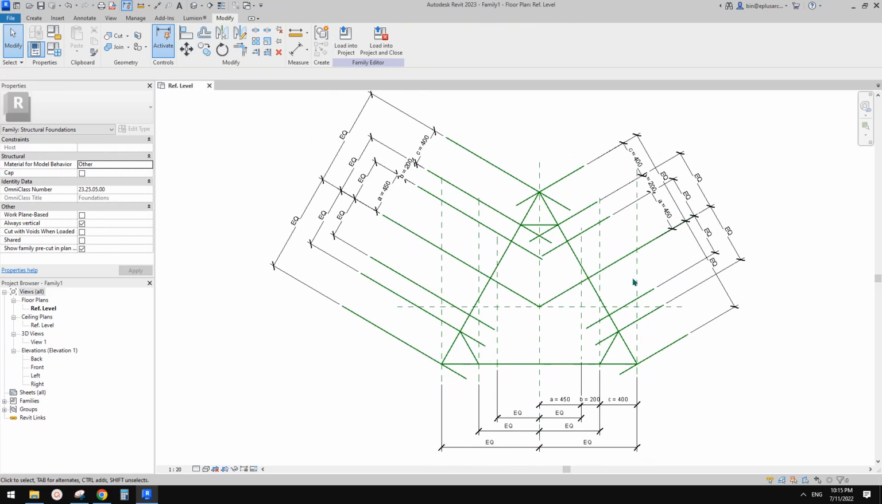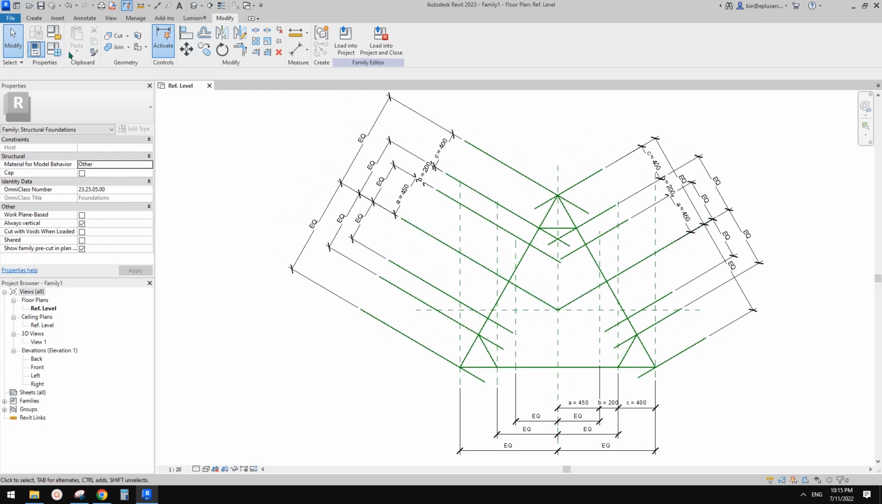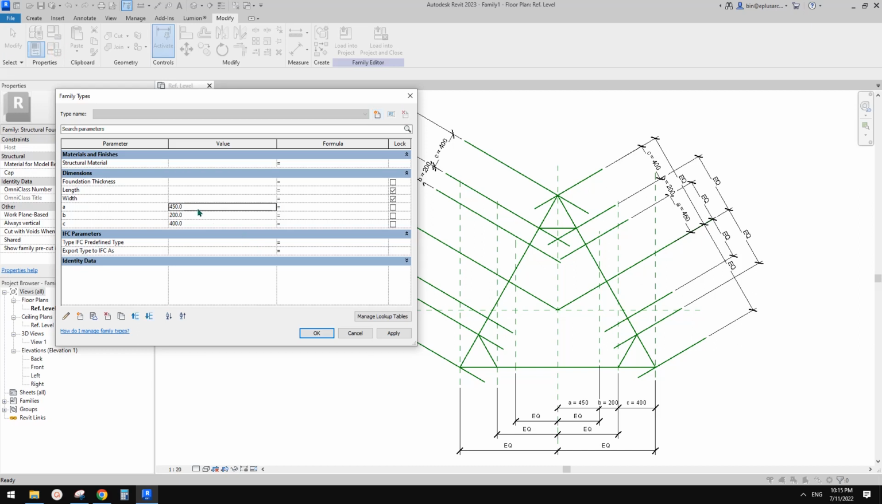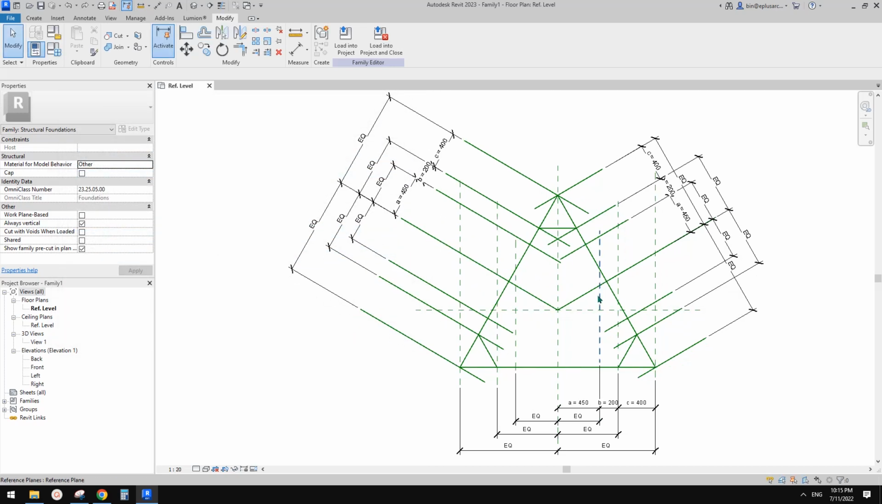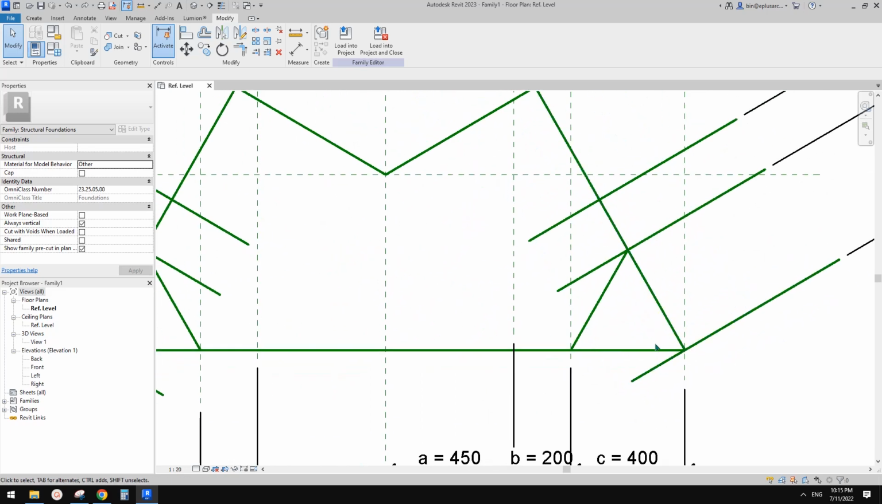But currently none of them are constrained properly. So if we change any of the dimensions, for example, if I change the 500, you will see here, it's not connected at this point anymore. So we need to Control Z, go back, and then we try to